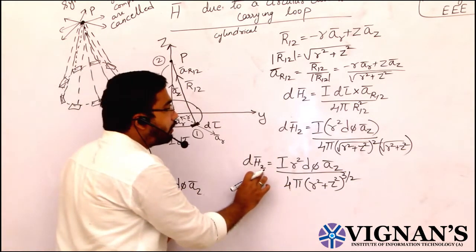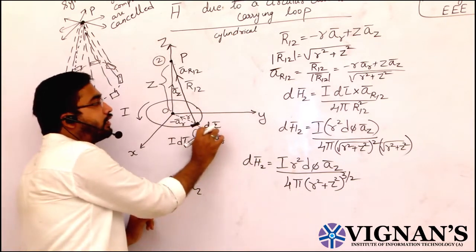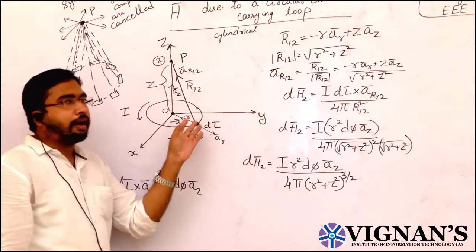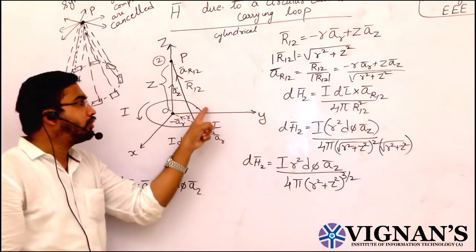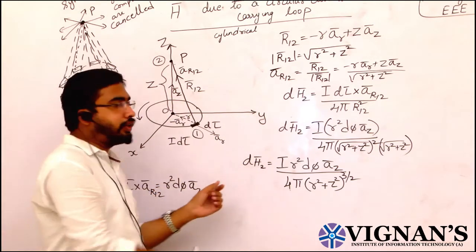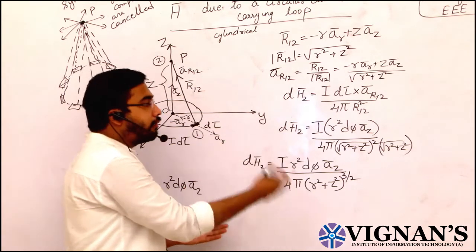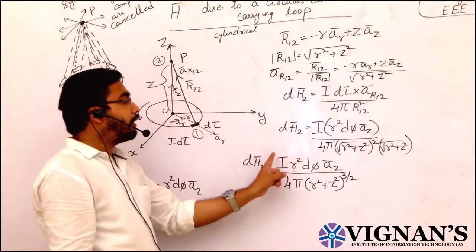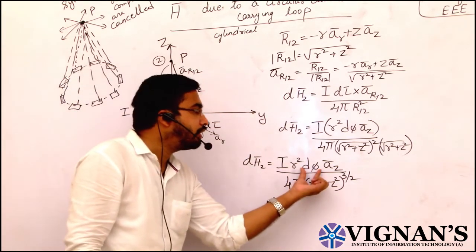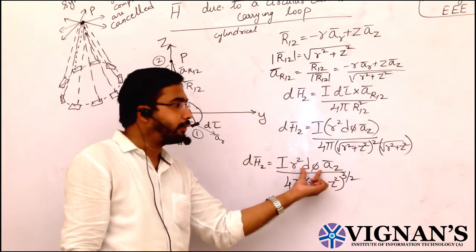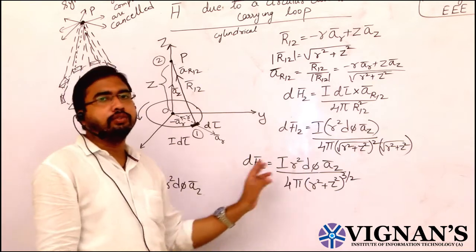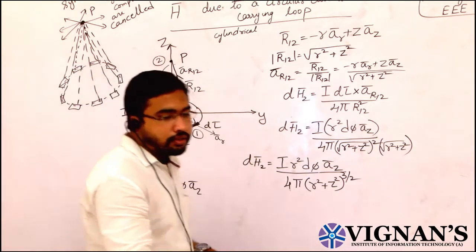Now the differential magnetic field intensity due to this differential length dl bar is calculated. Now I want to find the complete magnetic field intensity due to the complete circumference or length of the circular loop. That means it is enough if you integrate on both sides, then complete intensity can be obtained. But by integrating, what are the limits that you should substitute? Here what is the variable? The only variable is d phi. The only variable is d phi, so we should integrate it from phi varying from 0 to 2 pi, which we already know. So let us substitute that.